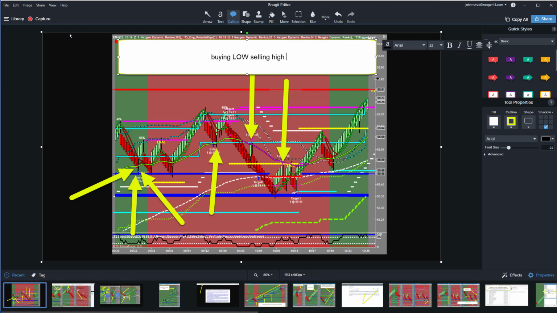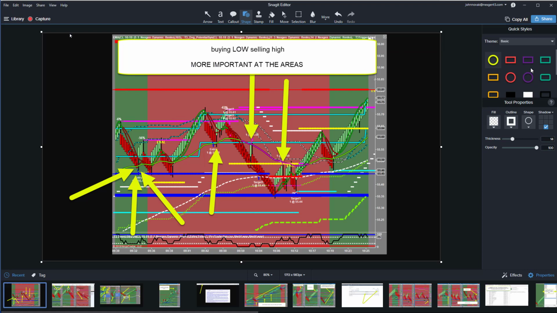But more important, at the areas. You see what I'm saying? So when you look at your trade, watch what's going to happen. Do you see what I'm saying about what he did? He's using the actual area on the way down or the way up to get in. And when we look at your trade,